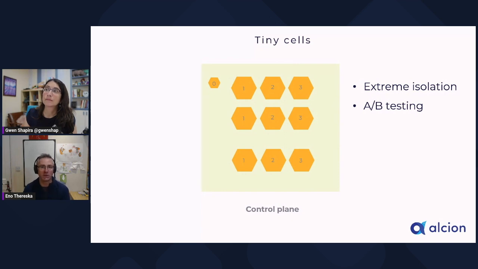The other reason you might need tiny cells is for testing. You can start with a very tiny cell, deploy a new piece of software to this tiny cell first, and route only three customers to it. That's great. Now, you have to be careful there. Maybe one of these customers is actually you, dogfooding your own food. Hopefully these three customers are not going to suffer a lot from mistakes you make in your code. But the point here is that this helps with A/B testing. If you do this carefully, it can really increase the overall reliability of the service.